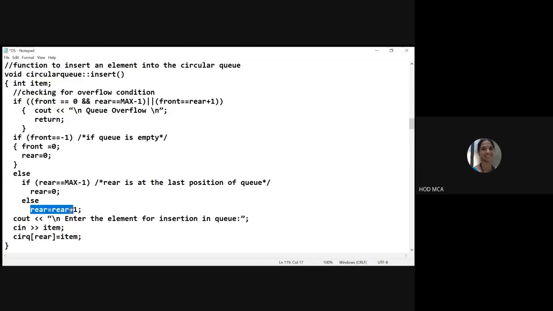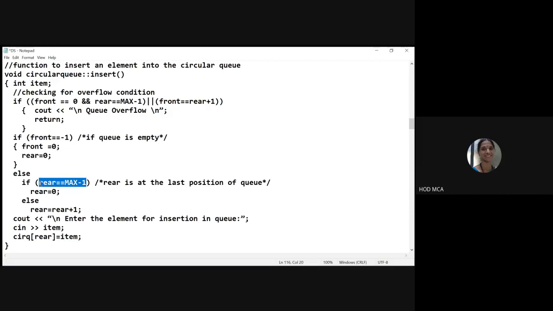I cannot simply say rear equal to rear plus 1, because if my rear is already pointing to the 49th location and the 0th location is free, I can still insert at the 0th location. That is the difference between circular queue and linear queue.